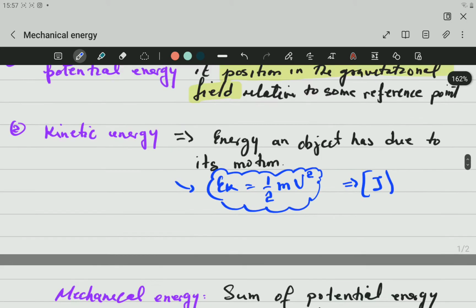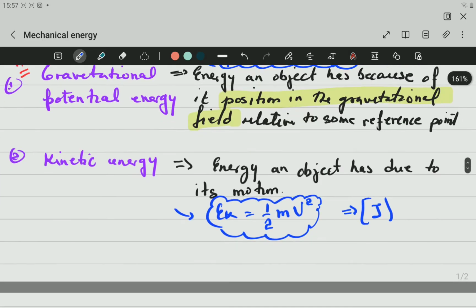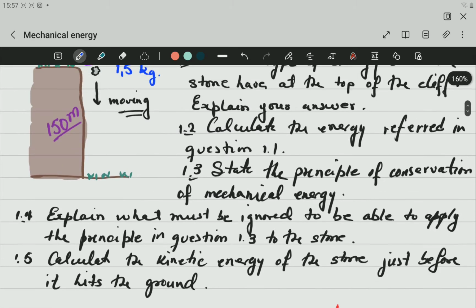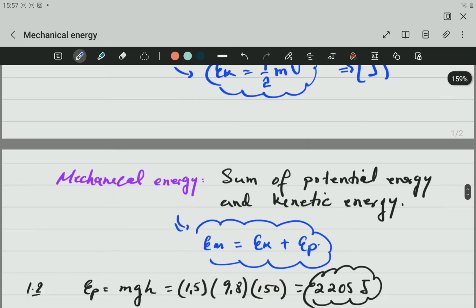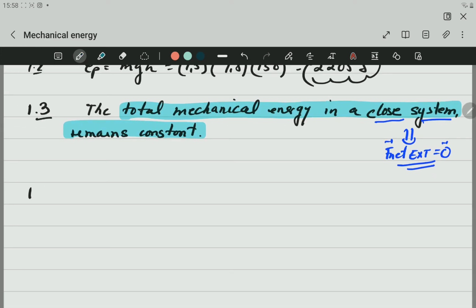The next question asks: explain what must be ignored to be able to apply the principle in question 1.3. Now, to apply this, the system must be closed, so there must not be friction. So what is going to be ignored here? The friction due to air. So there is air, but we are going to imagine that the air does not cause any friction or doesn't affect the motion of this stone. So that would be the answer for 1.3. So question 1.4, sorry, that will be air friction